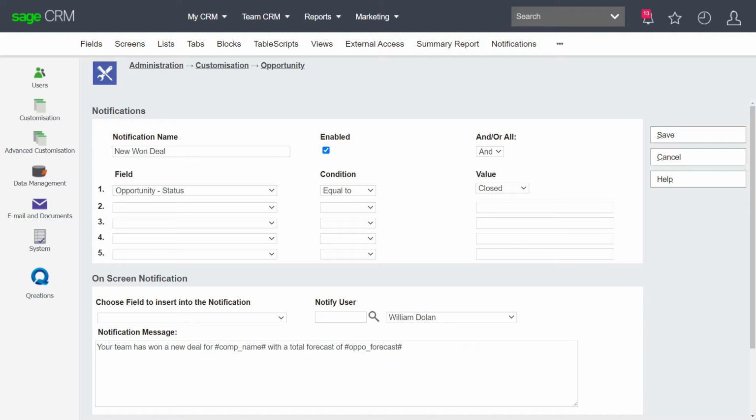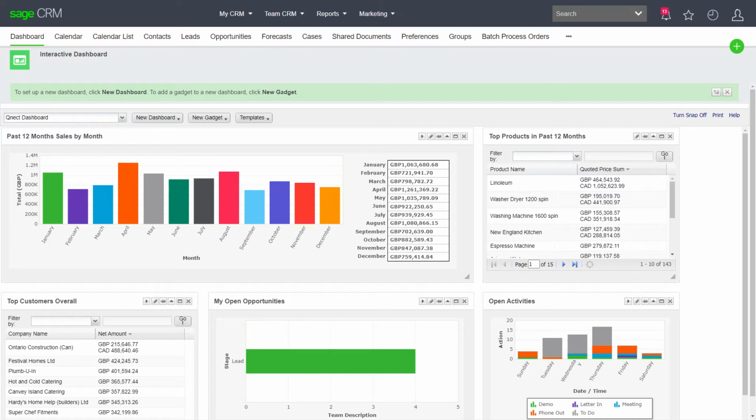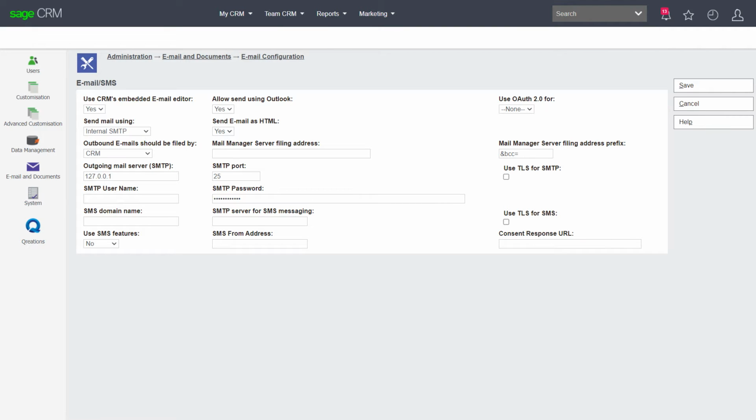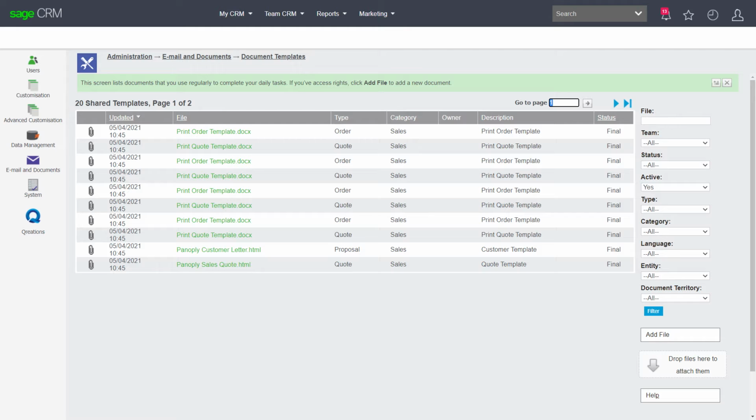has been changed. Examples of escalations include alerting you if a quote is expired or one of your sales team has closed a deal. More examples of pure configuration include creating dashboards and summary reports, setting up products, configuring how Sage CRM sends and receives emails, and setting up quote and order templates ready to be sent to prospects and customers. From a financial perspective, configurable solutions cost less to implement and deploy than customized ones.